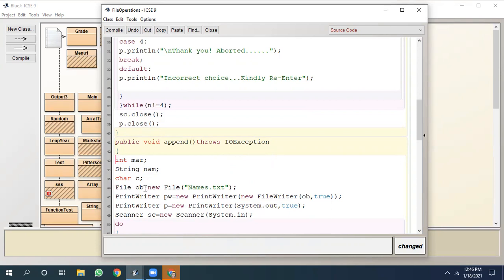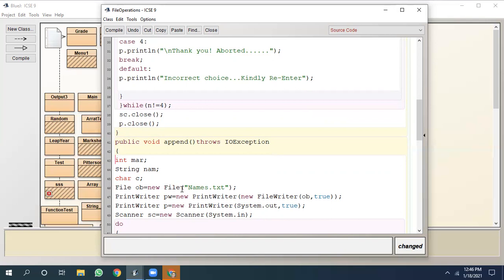Now see what we are doing. OB is equal to new File("names.txt"). We are connecting the names.txt file with the object OB. What happens? The names.txt file will open and its base address, that means the address of the first character of that file, will get stored in OB.